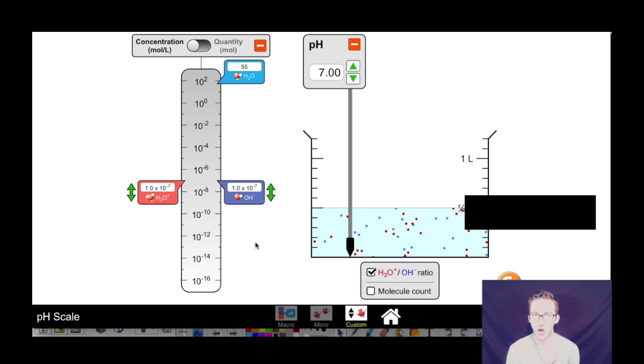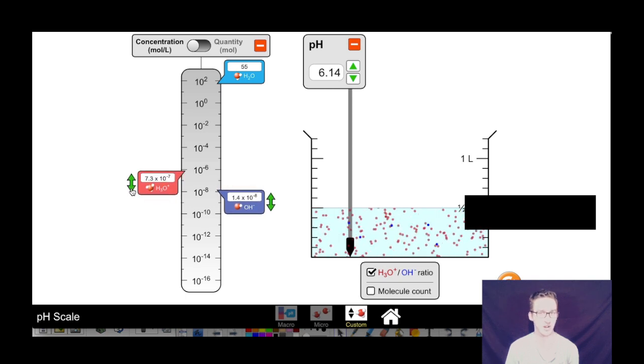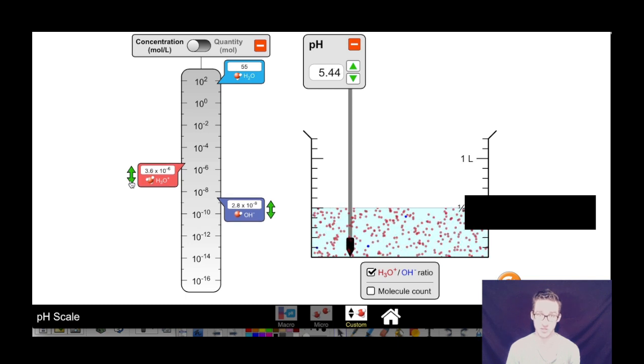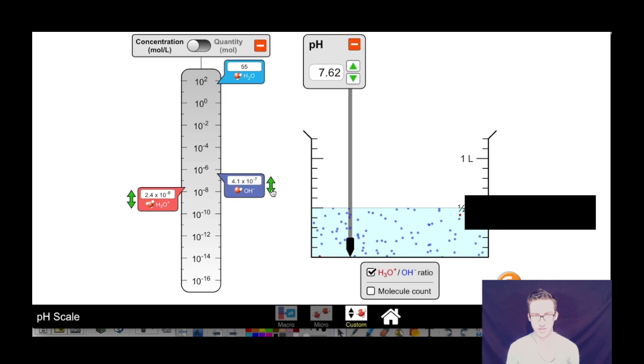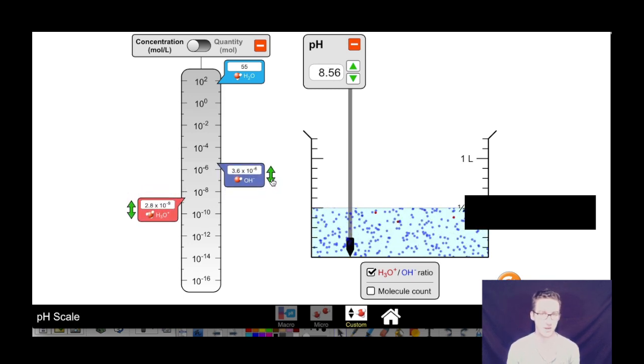So ultimately, all you have to ask yourself is, okay, in pure water, the concentrations of hydronium and hydroxide are each going to be 1 times 10 to the negative 7. And then recognize as the hydronium ion concentration increases, your hydroxide ion concentration will decrease, and that's characteristic of acidic solutions. And conversely, recognize that as your hydroxide ion concentration increases, your hydronium ion concentration must decrease, which is indicative